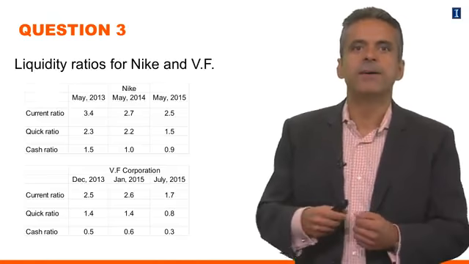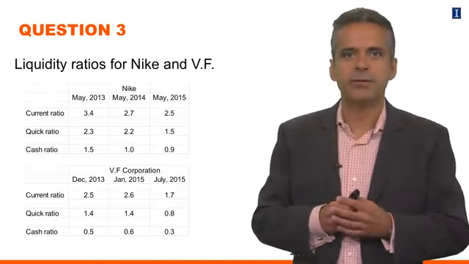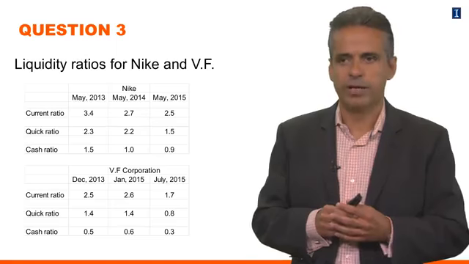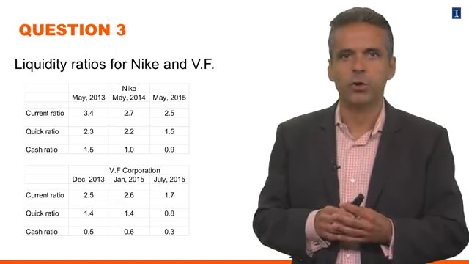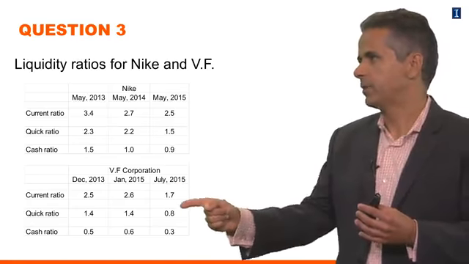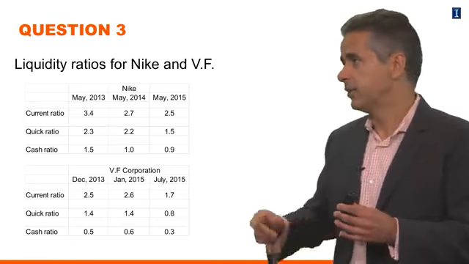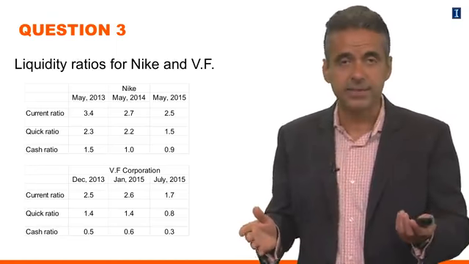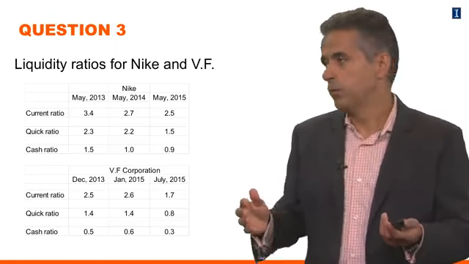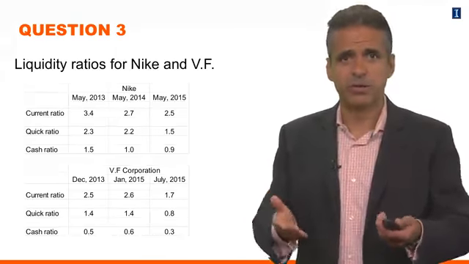And then we have the longer question, which was to compute and compare liquidity ratios for Nike and VF Corporation. Okay? So here you have the solution. You have the current ratio, the quick ratio, and the cash ratio for both companies. Using the data that I provided, you should have obtained exactly these numbers. Okay? So if you didn't, have a look at your work and make sure you understand why your